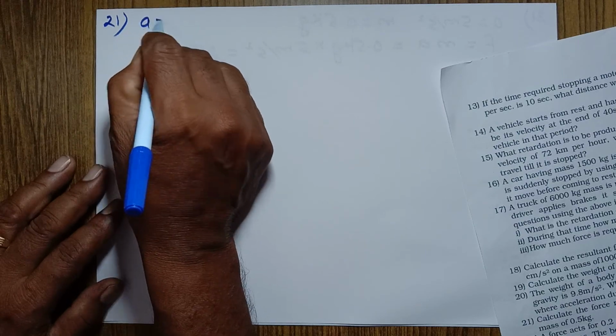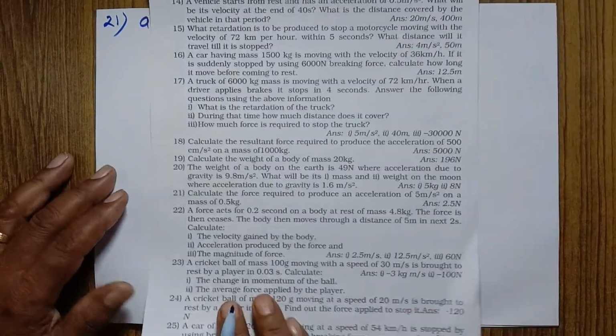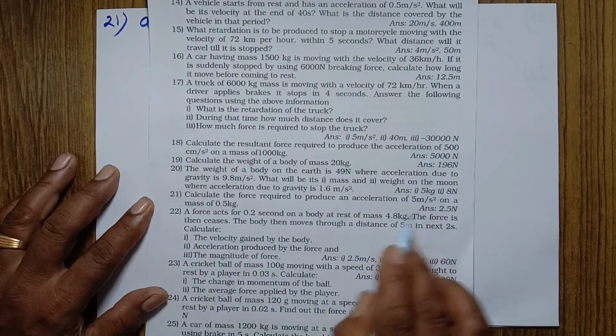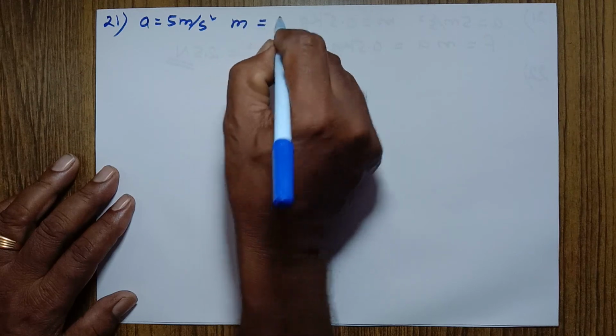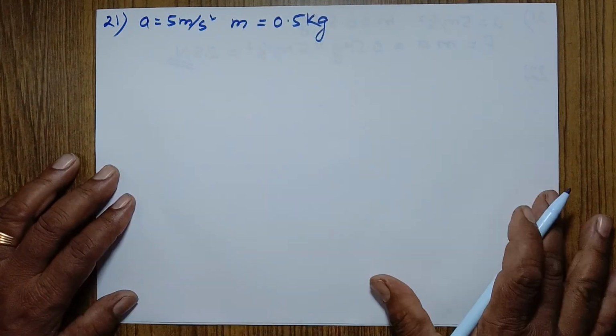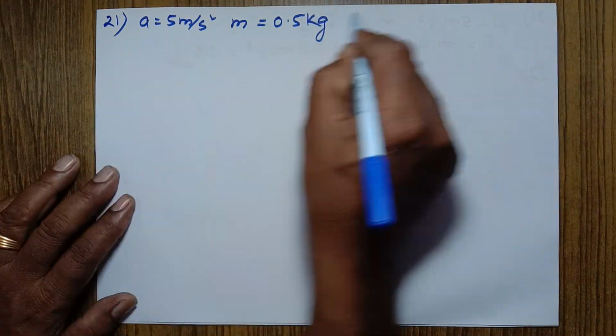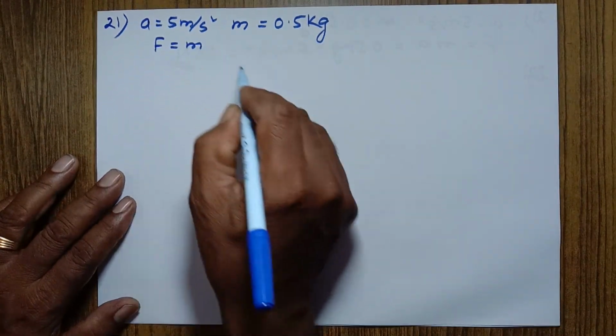First, acceleration is given, it is 5 meter per second square, and mass is given, it is 0.5 kilogram. Now, using the equation F equal to ma, force equals mass into acceleration,